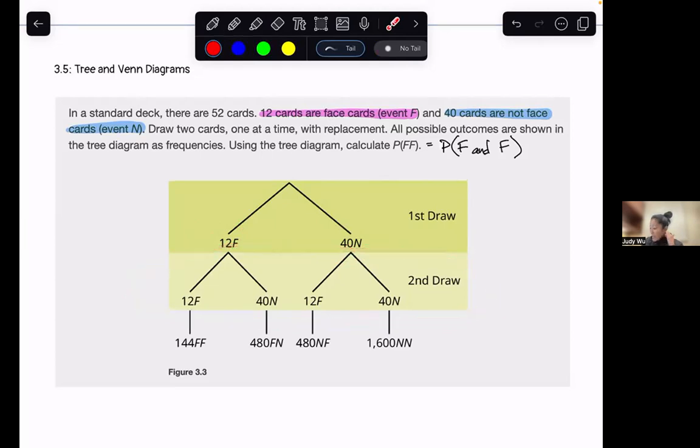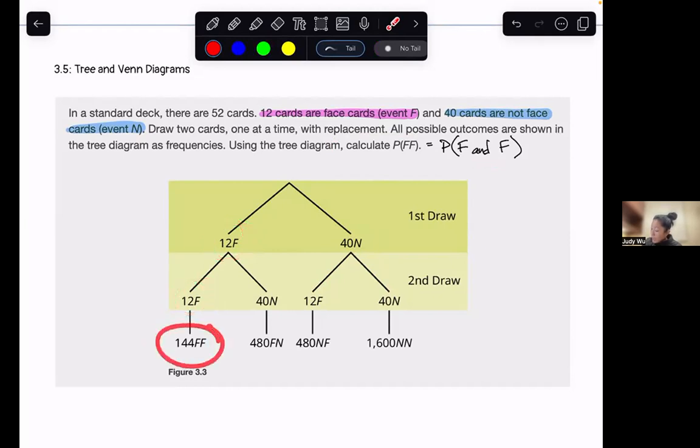And this time, if you picked a face card the first time, either you pick a face card again or you pick a number card the second time, okay? Now, if you picked a number card the first time, it's possible that you pick a face card the next time, or a number card the next time, right? Those are our two groups, if you will. And what we see is that because this is a something and something else, we take our two draws and we multiply them to give us the frequency,